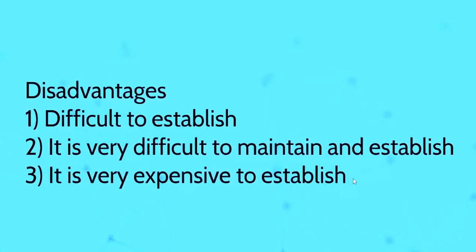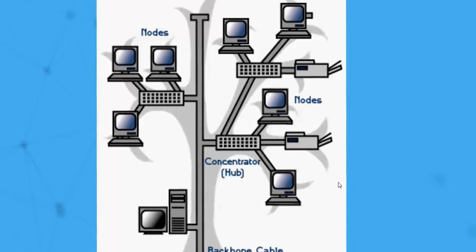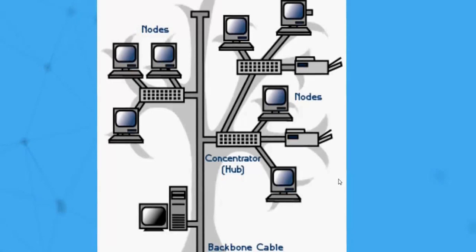All the topologies have advantages and disadvantages, hence they cannot be implemented in real time because the network should never go down. Hence we use hybrid topologies here, formed by a combination of any basic topologies like either a bus and a star or a star and a ring. Here we are showing a network where there is a backbone cable as a bus connected with multiple star topologies. So a hybrid topology can be formed in any way according to the requirement, making sure that the network is not down at any given point of time.